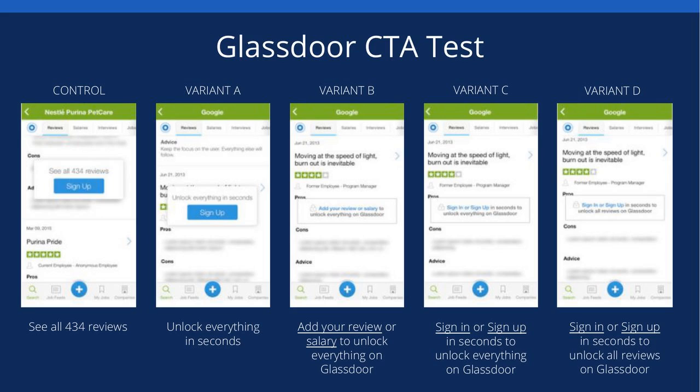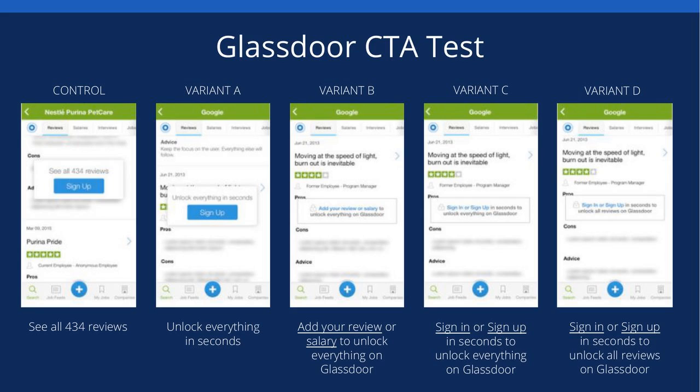So job seekers have unlimited access to millions of job listings in Glassdoor, but they become members of Glassdoor by signing in and contributing content to the community in order to gain access to the rest of the content. So basically, Glassdoor requires that its members contribute to the community in order to benefit from it. Therefore, the product team at Glassdoor wanted to make sure that they were getting as many individuals to sign in and contribute and build to that content base